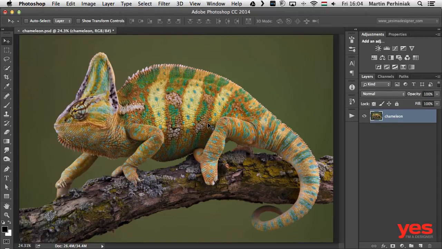My name is Martin Perhiniak, and in this video I'm going to show you how to change colors in Photoshop. And what is a better example to show that than a chameleon, where we can really see how all these beautiful colors will change. Well, first of all, I already created a selection here, so we don't have to spend